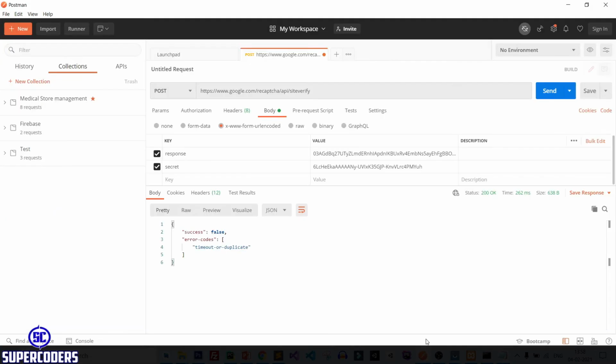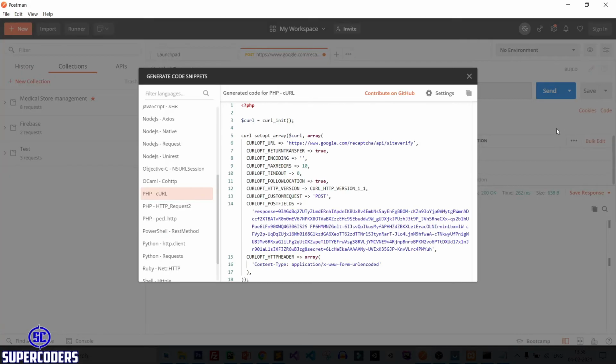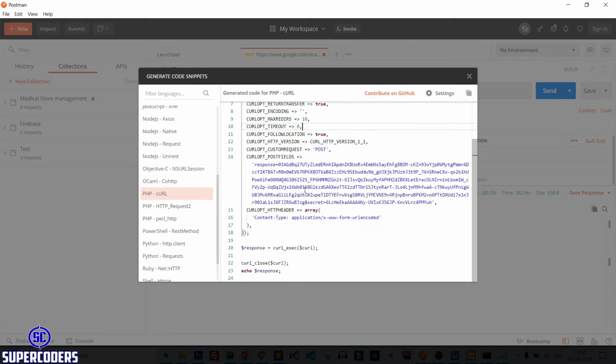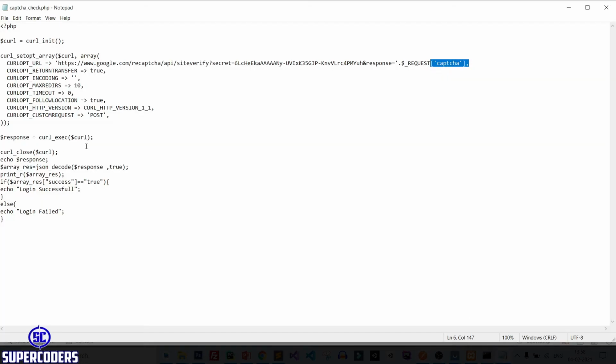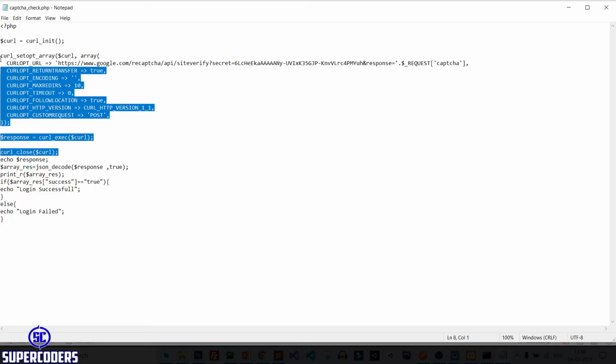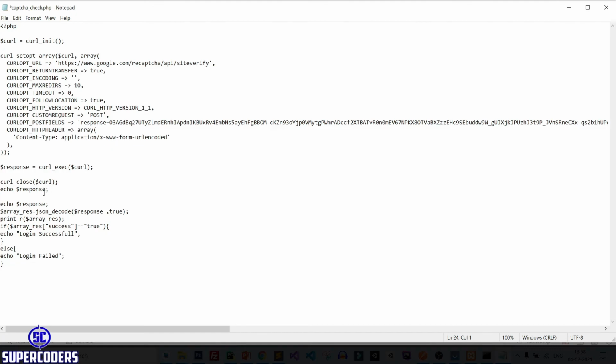Back to Postman, code, and this time it is showing as a post field. Copy it, and again back to Notepad, remove this code, and after that, here is our response.